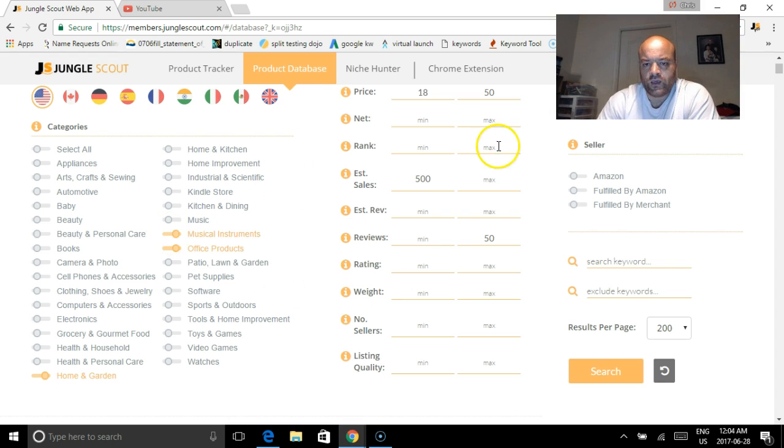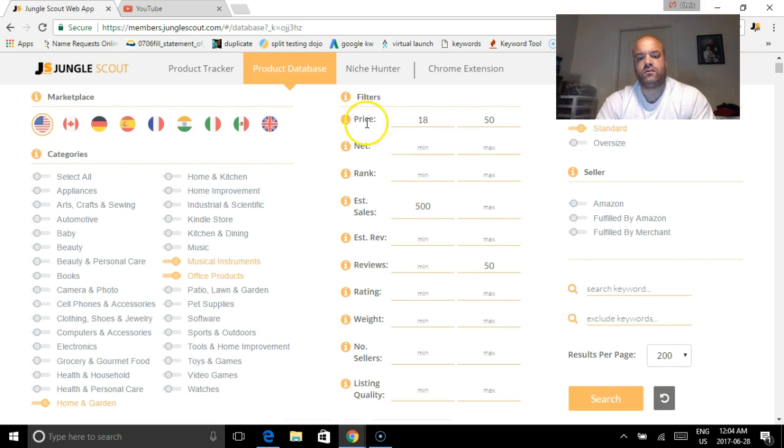Okay. Now for criteria, I'm going to go for a better price point, and I'm going to say between $25 and $50 because I want my profits to be enough so that if I need to be competitive and lower my price, I can still lower my price and make some